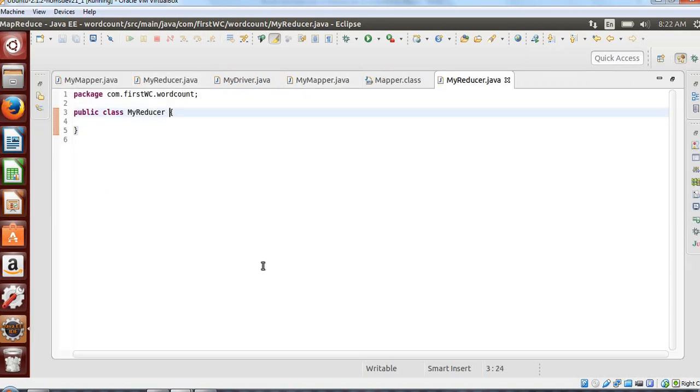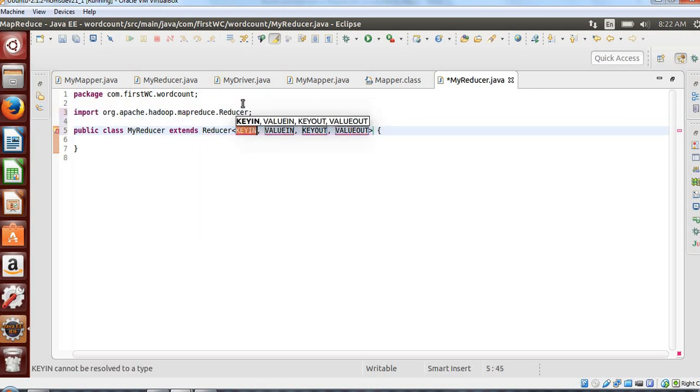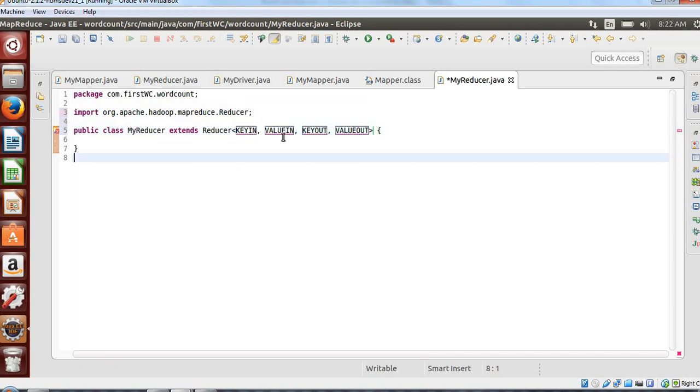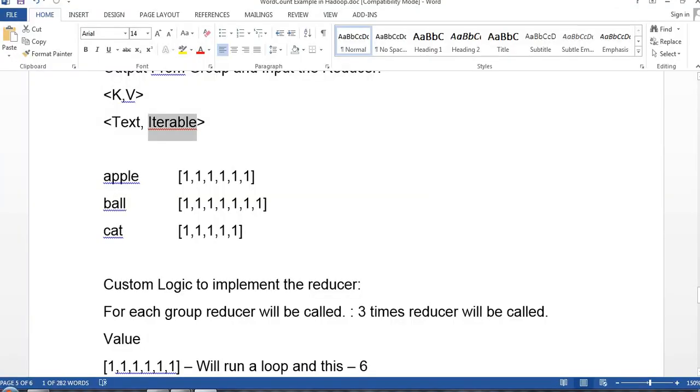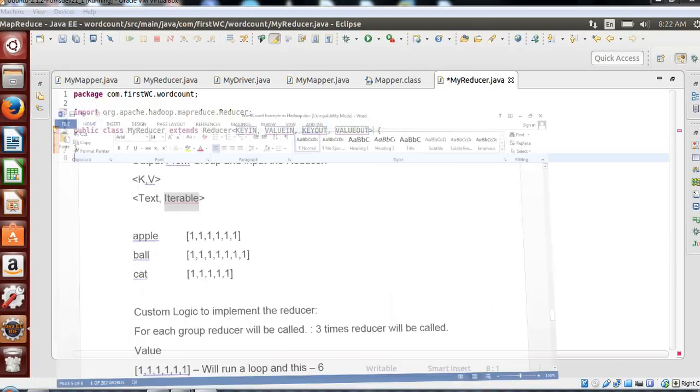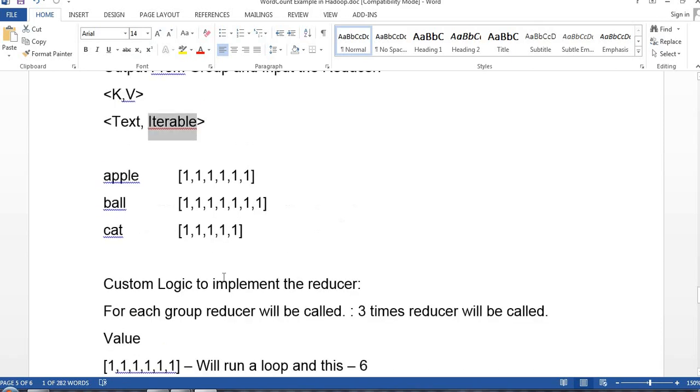Same way you will extend your Reducer, saying extends Reducer, and it is giving key input, value input, key output, value output. So what I'm trying to tell here? My input is in Text form. The key will be Text, and the value will be an Iterable.